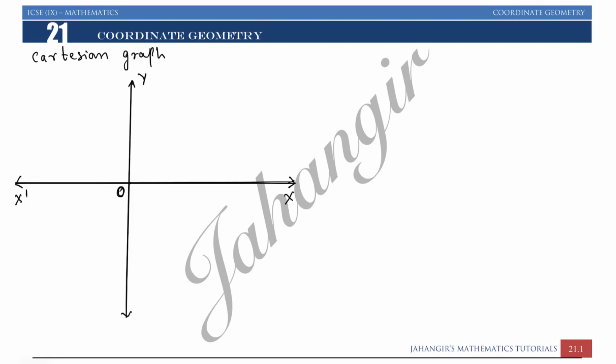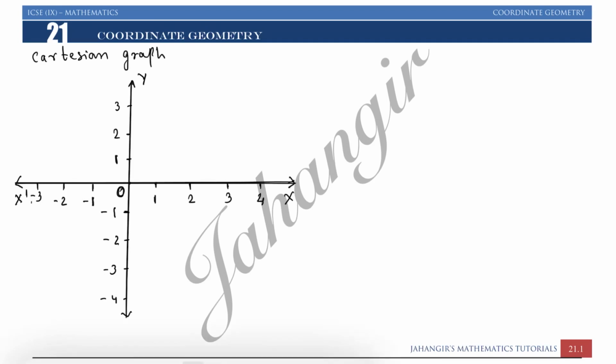And here, to the right of 0 you have to mark positive values. The values to the left are negative. Top value of the y-axis is positive and always written on the left side. And bottom value is negative. It is also written on the left side. Do not write it on the right side.